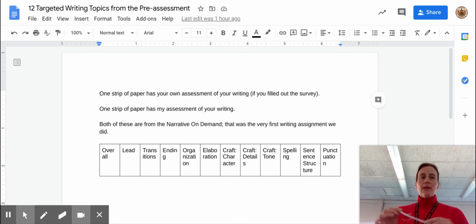So the only reason I'm giving you this is because I took the time to give you feedback on your pre-assessment, and you took the time to give yourself feedback on pre-assessment, and then Ms. Gillis and I merged the data onto this teeny strip of paper. This is literally the only piece of paper I've given you all year, and it's November. I'm actually kind of proud of myself and a little disappointed I even had to give you one, to be totally honest. So you're comparing this strip of paper to either this little graph on the screen or the one in my room that you'll see on Monday.